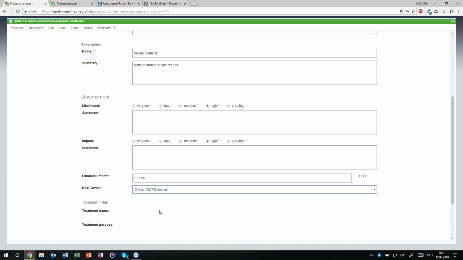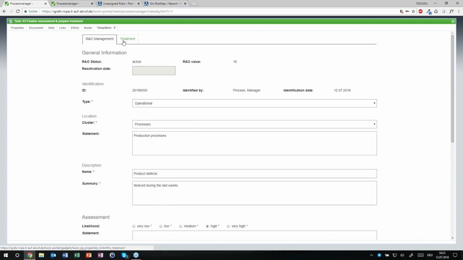The risk owner will then be the person who has to approve the measures that we take. So in the next step, I will prepare the treatment actions, and the treatment actions, in most cases, cost money. So I need to have somebody, an approving manager, who can approve those treatments so that we can really mitigate our risk.